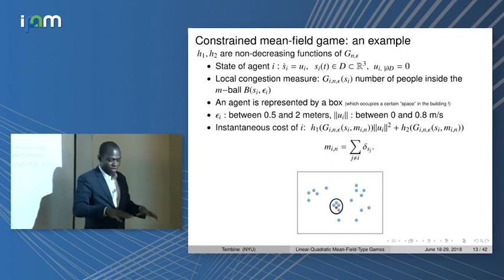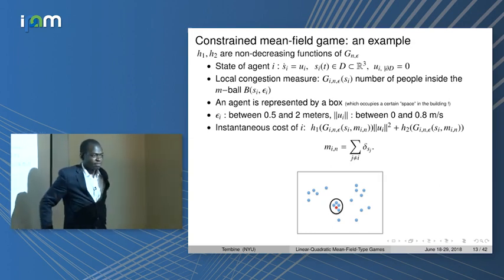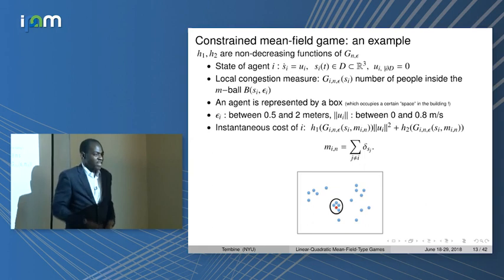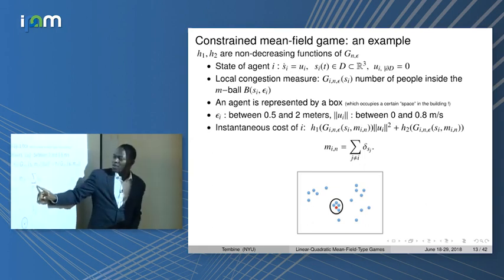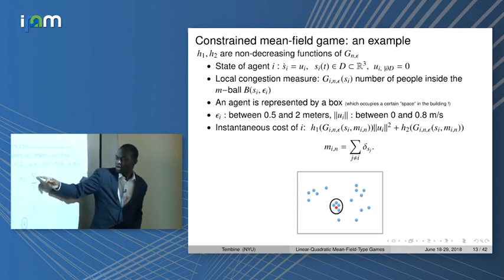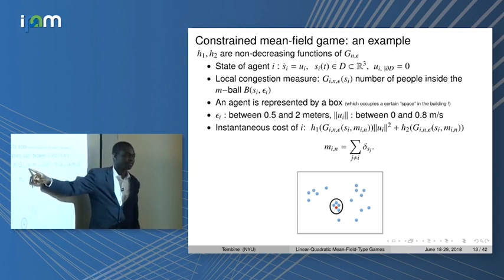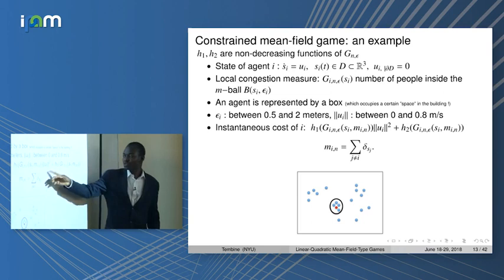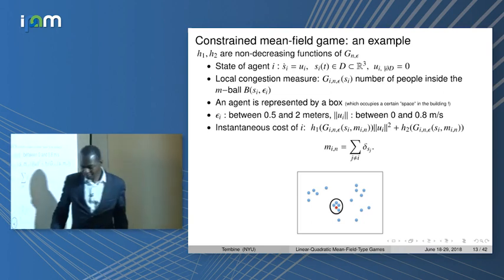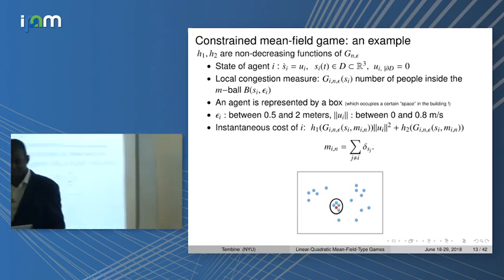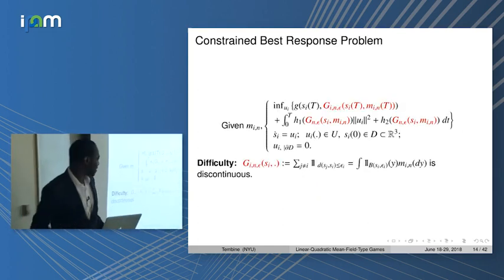So I say it's crowded if I have 6 people around me here. That's crowded for me at my location. Okay? Now, if it's crowded at my location, this G, which I will define next, will be high. And if not, it will be low. And you could move in the classical eikonal equation. There is an extra term that was added to get some fancy things related to mean field games.